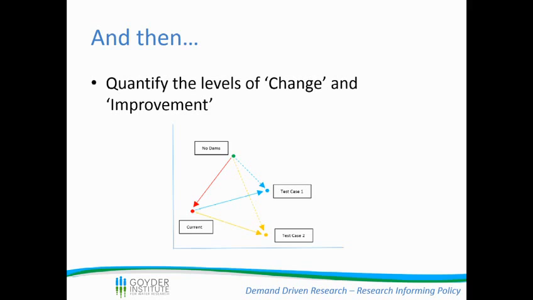So if we take this scenario here, we have our NODAMs, we have our current, and we have 2 test cases. So if we say test case 1 is low flow bypasses. We want to put bypasses on all the dams and we're going to restore that low flow through the system. So we can see that we are moving away from current to this point here. So we have failed our maintain. We have a distance that we have travelled away from our current, therefore we have failed to maintain the current situation. But that's not a bad thing in reality because we've installed low flow bypasses, we're actually intending to change it.